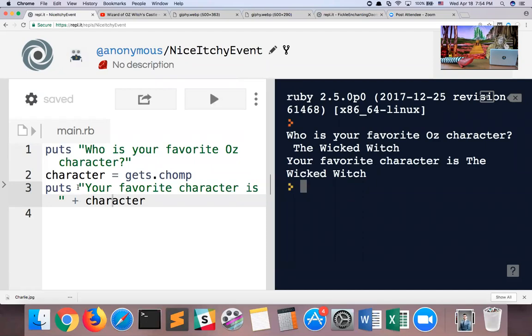Because we said puts, meaning print the following to the right side of the screen. Your favorite character is, we take those literal words and put them on the right side of the screen. But then we add to the end of that sentence, character, which is the variable. And instead of actually taking the word character and putting that on the right side of the screen, instead, Ruby understands character is just a variable. I don't care about the box itself. I care what's in the box. And since what's in the character box is whatever the user typed in, that input is what gets displayed on the right side of the screen.